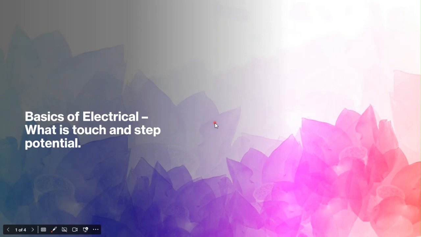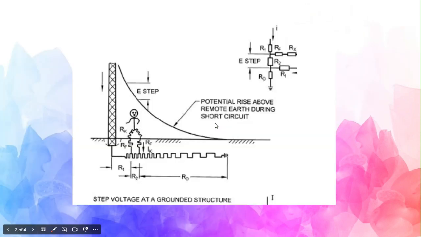Let us understand what is touch and step potential. Touch and step potential has been defined in the IS 3043, which is the IS for earthing system. Now, in this drawing, let us understand this person. Let us assume that it is you standing just beside a structural tower which is completely